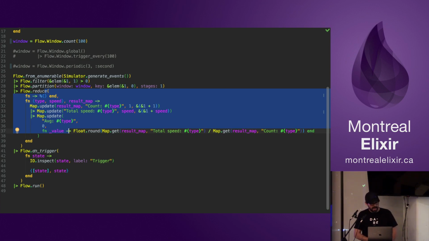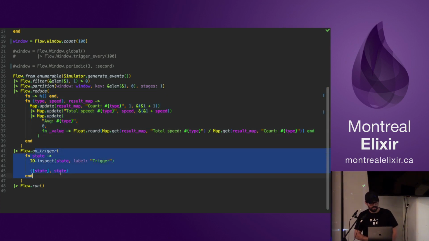And at the end I have this one over here. It's on_trigger. Why do I have this? The question that you asked about the time in the session. The trigger is the one that is going to be called when the window is finished. Because I have the reduce, and the reduce is going to keep my state. But do you remember the problem of Streams and Enum when you have unbounded data, that the reduce is going to run forever? The reduce here is going to run until the window is finished.